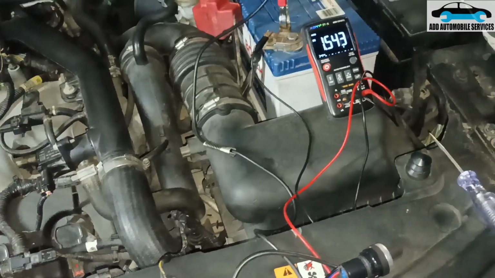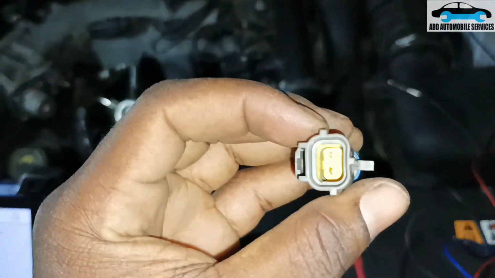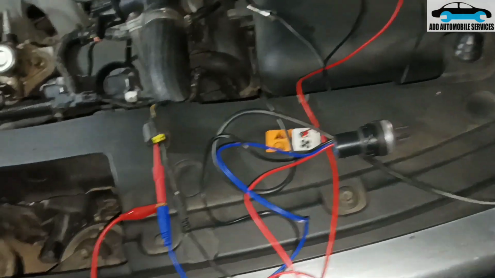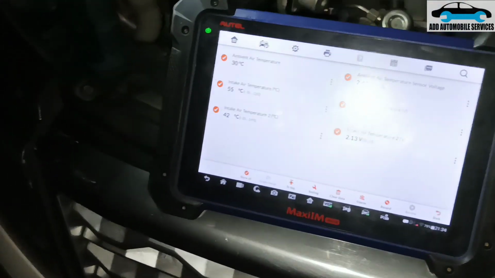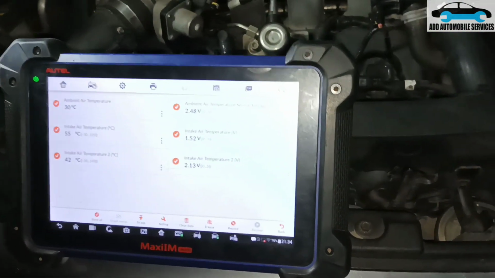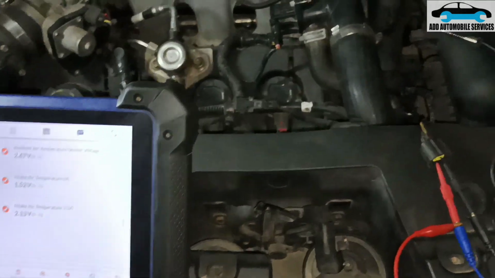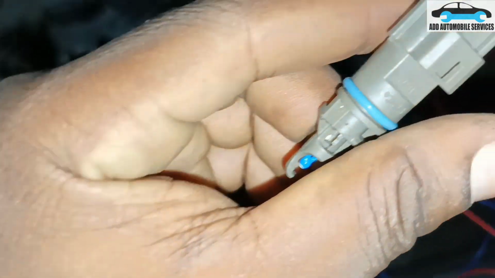So now what I'll do is, you can see the same 1.5. So I'll measure the resistance in the sensors and see why they are not performing properly, or maybe they are not the exact sensor resistors. So you can see it's performing the same thing, and that's the exact thing that I'm getting here. So that could also affect the performance of the vehicle. Then I'll know what to tell the client, if he should buy a genuine part